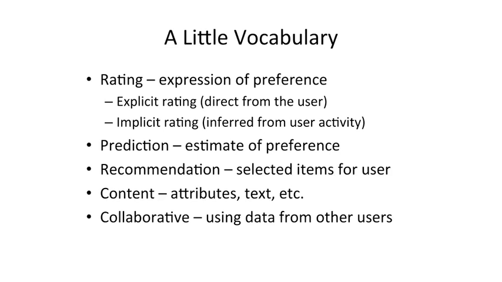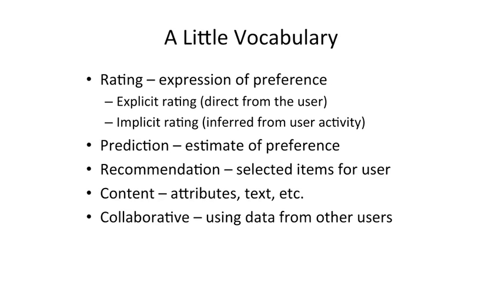So as we go throughout these courses and we discuss more about recommender systems and their algorithms, it'll help to have some vocabulary that we're going to use to talk about the systems. And a rating, we're going to use this term a lot, and it's an expression of preference. These ratings come in two forms. There's an explicit rating, which is something the user articulates. The user says, I like the Iron Giant 4.5 stars. That is the user's explicit expression of how much they like that particular movie.